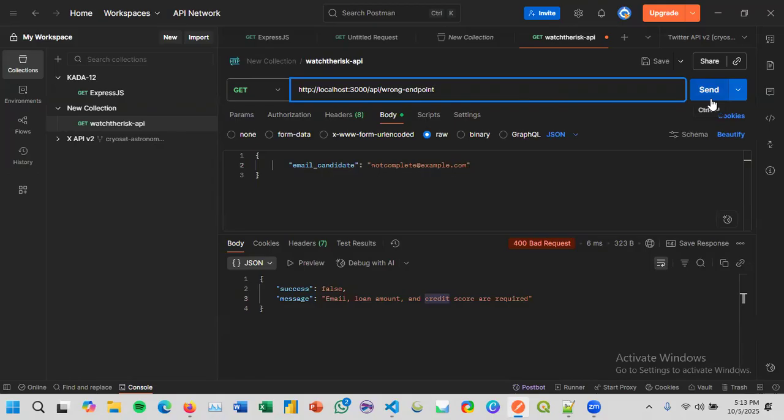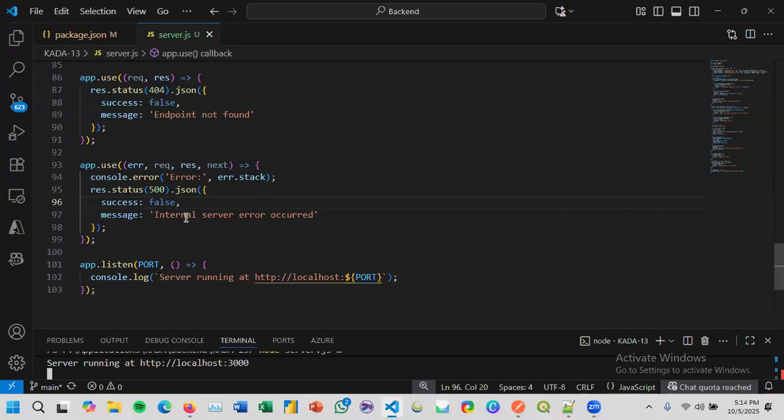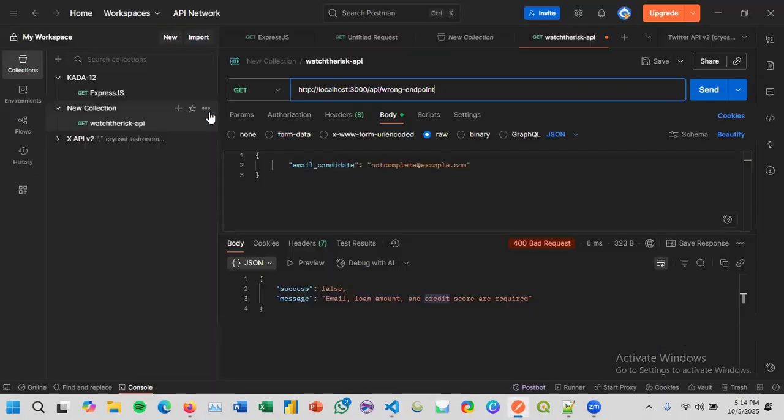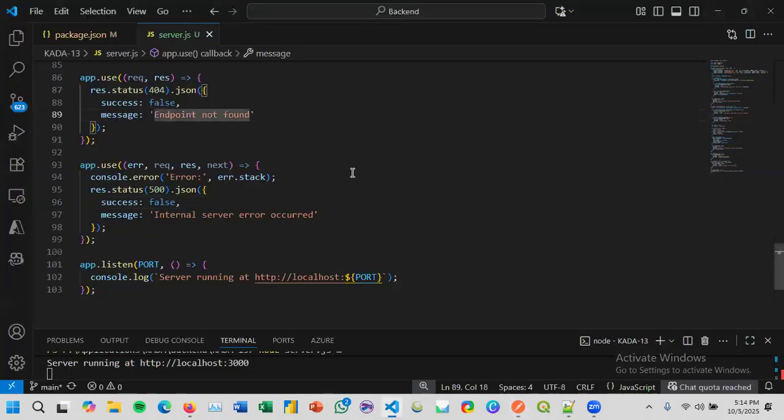And what will happen, based on the code, is it will return the error handling not found with message endpoint not found. Try it, and it returned 404 not found with message endpoint not found. It is correct because there is no such endpoint path on our server.